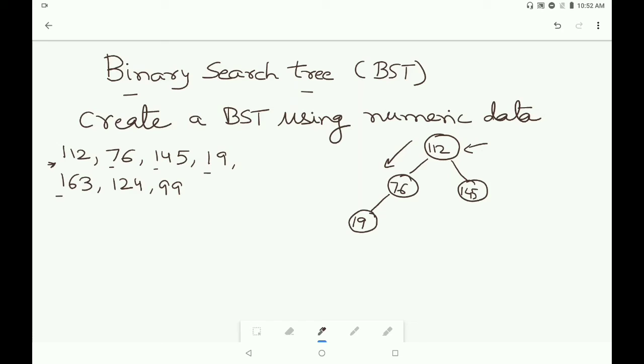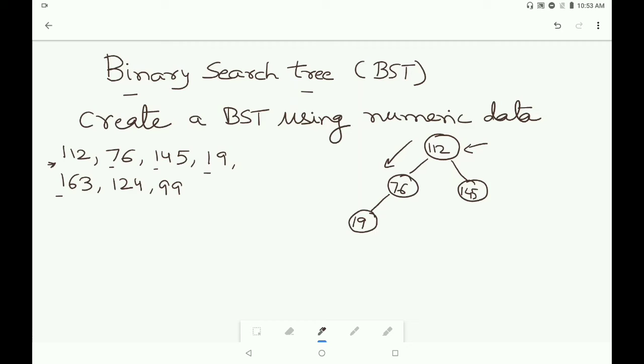Now the next data which is coming is 163. Again every time you will compare a new data with the root node. The process is repeating. So whenever the new element comes, we will always compare it with the root node.